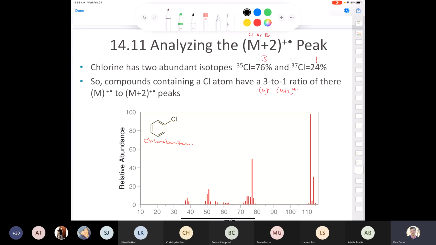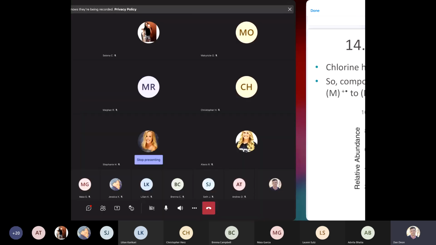Now let's calculate the mass of chlorobenzene. So we've got C6H5Cl. So if we've got 6 times 12, so 12 times 6 gives us